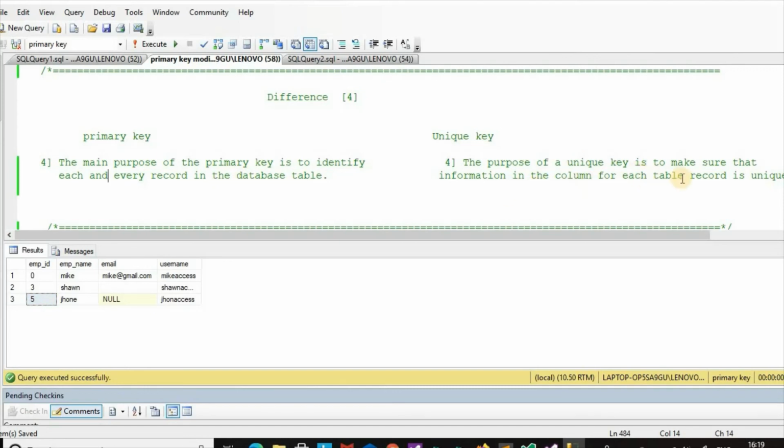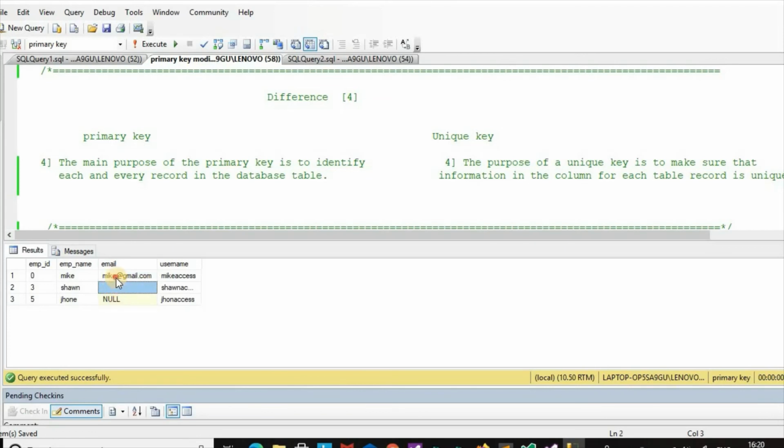The main purpose of unique key is to make sure that the information in the column for each table record is unique. Here is the email column, and the email for every person must be different. This column must contain different information for every row, every record.